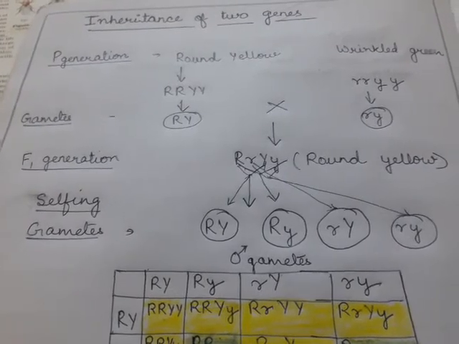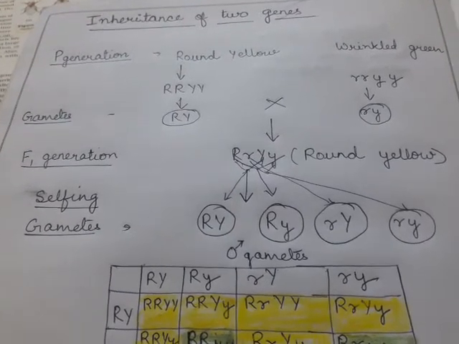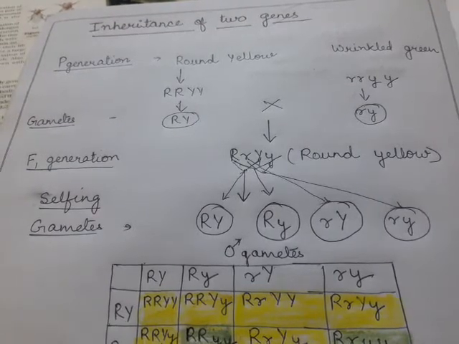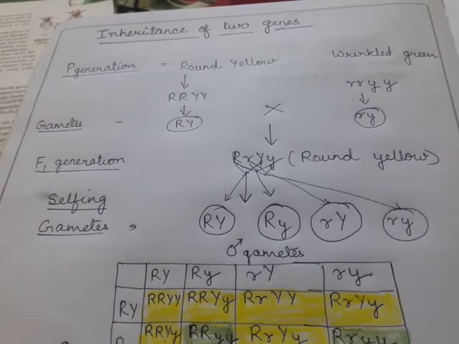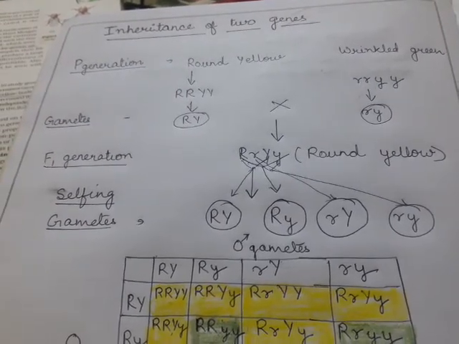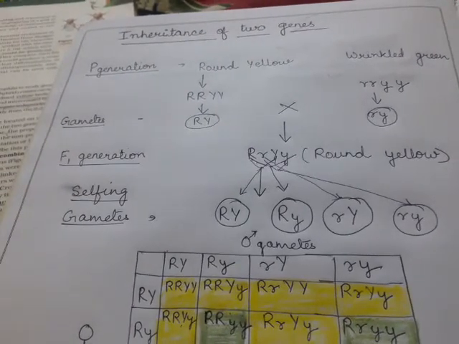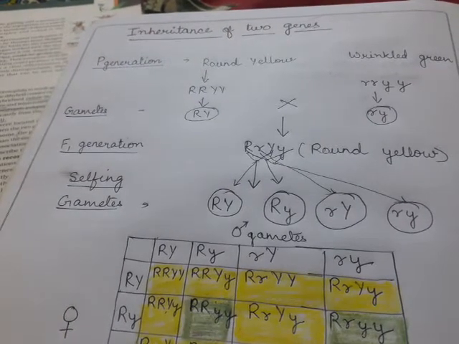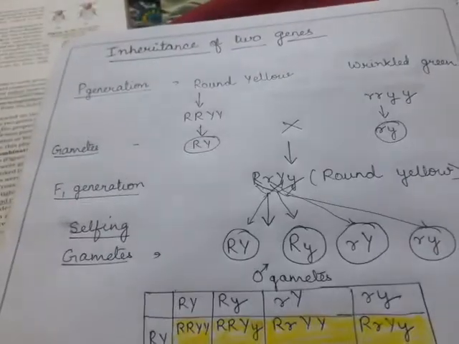This is another law after the law of codominance and the law of segregation: the law of independent assortment. If there is only one gene, it is easier to say that one allele is dominant over the other allele. We should not say one gene is dominant over the other gene; instead, one allele is dominant over the other allele, meaning one allele is expressed. Then what about the inheritance of two genes? I am talking about the inheritance of two genes, not alleles.